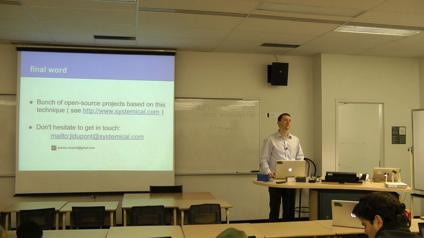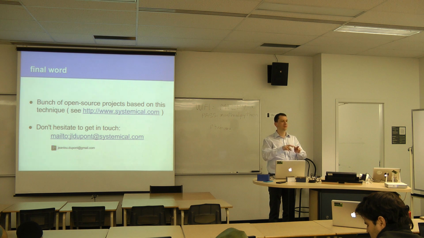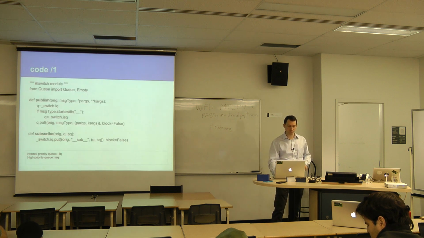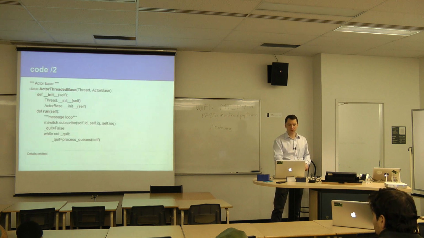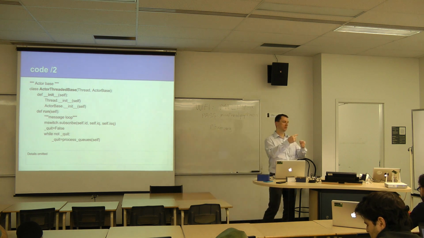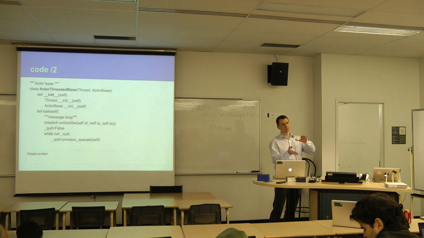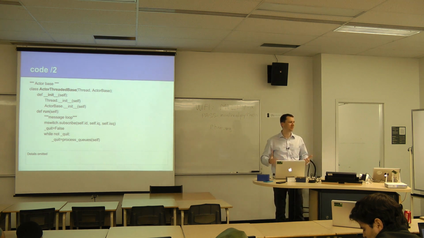Okay. The thing that can happen with that sort of architecture is that if you don't implement it with multiple queues, you're going to have a bunch of blocking. So you don't want to do that. That's why I've always put 2 queues. And the way the dispatch loop works in the process queues is that I always assign more quanta to the higher priority queue, and I process a bunch of lower priority messages in a batch. And of course, you don't want a message to take like 10 minutes.